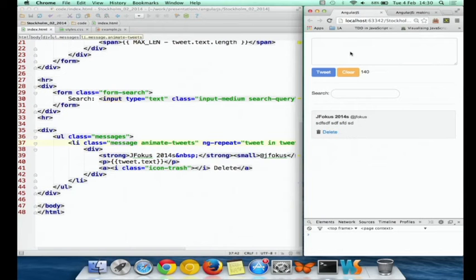And one of those examples is animations. So we can see now that there is a little bit of animation when this thing is added to the collection.